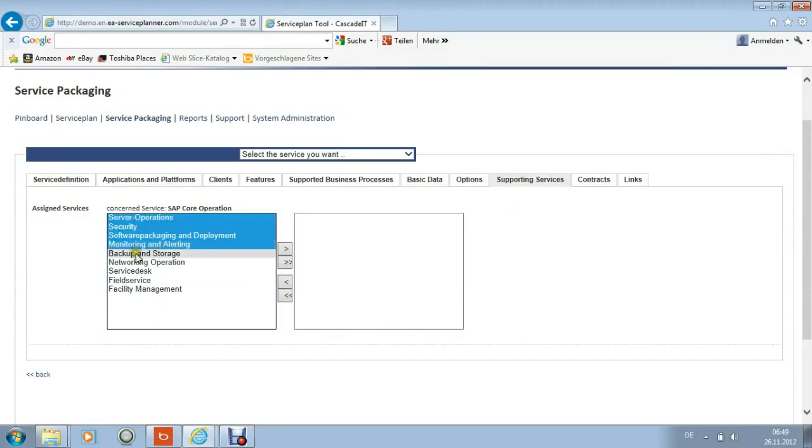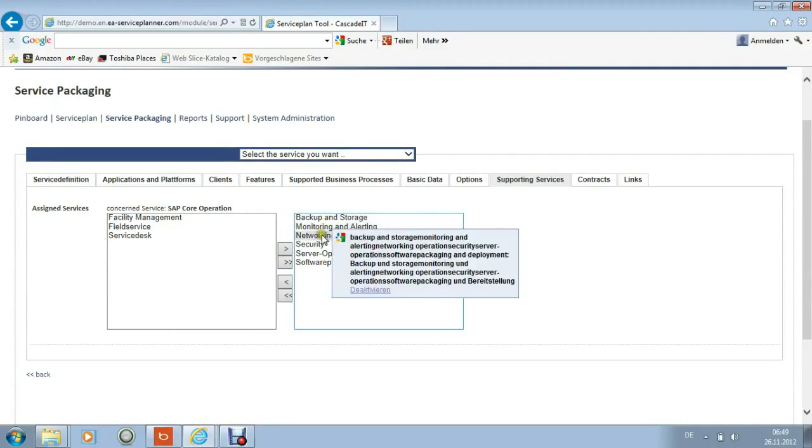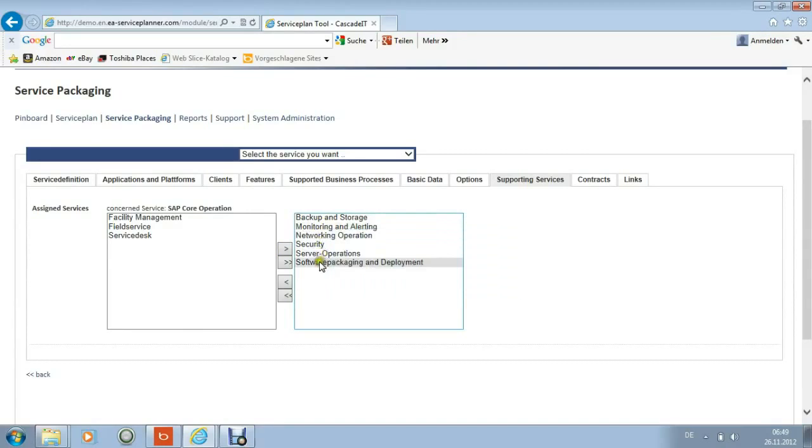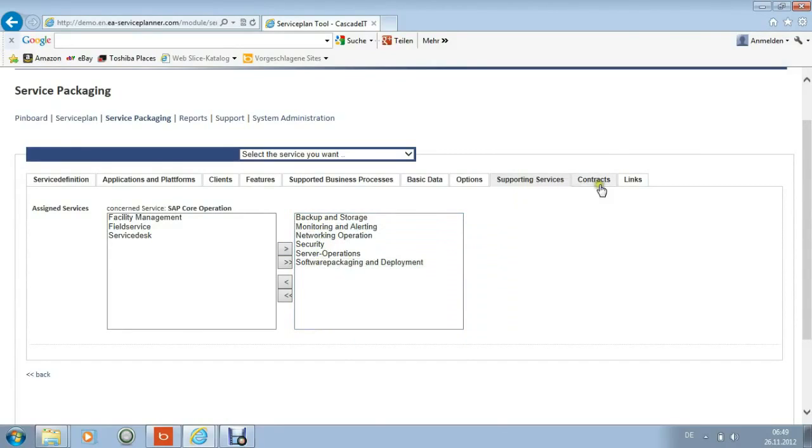So supporting services mean always if they don't work, the quality of the SAP service is impacted too. I've chosen all these supporting services, and now you know for all this you should have internal agreements or underpinning contracts. So the question is